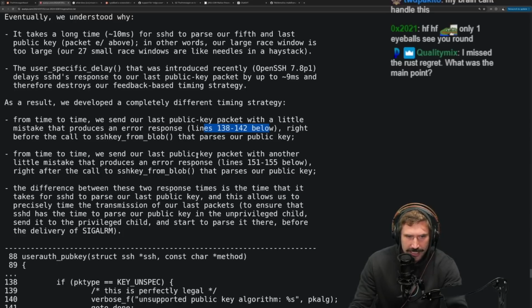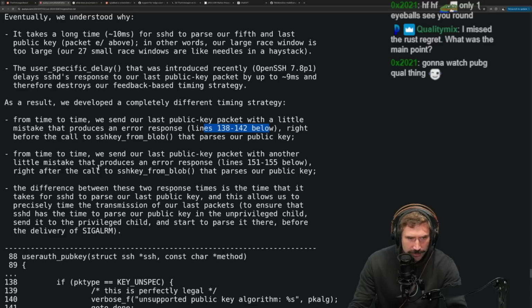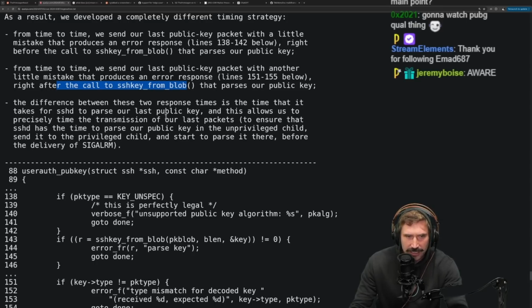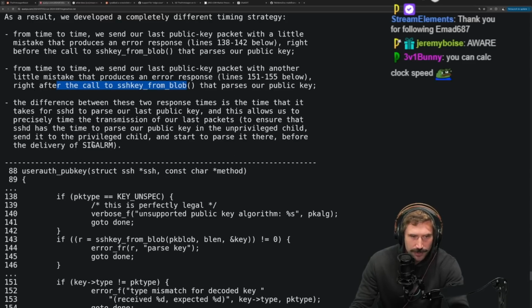From time to time, we send our last public key packet with another little mistake that produces an error response right after the call to sshkey_from_blob that parses our public key. The difference between those two response times is the time that it takes for sshd to parse our last public key, and this allows us to precisely time the transmission of our last packet to ensure that sshd has time to parse our public key in the unprivileged child and then send it to the privileged child and start to parse it before we deliver the SIGALRM.